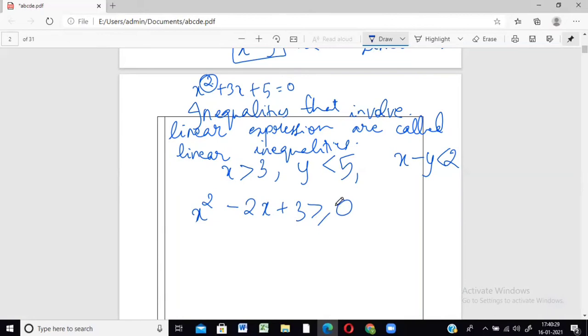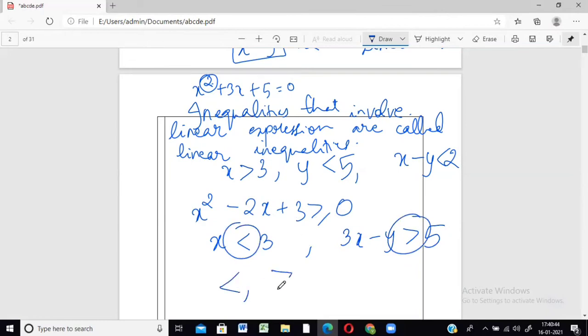All right. A few things like this I have already told you all, something like this: x is less than 3 or 3x minus 5 is greater than 5. These types of signs: strictly less than, strictly greater than, we're sure that the value is not going to decrease below a certain limit, or the value is not going to increase above a certain limit. So these are called strict inequalities. Okay,